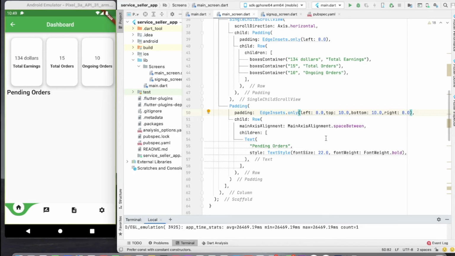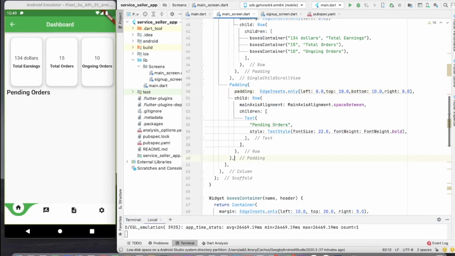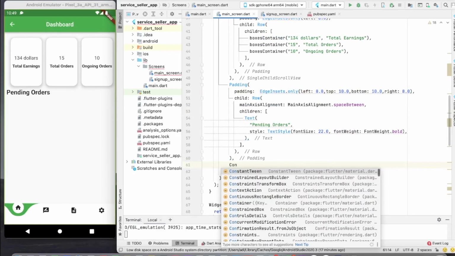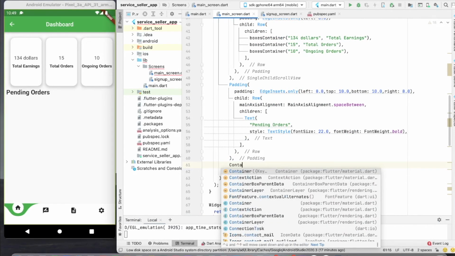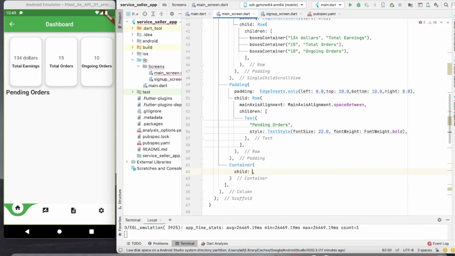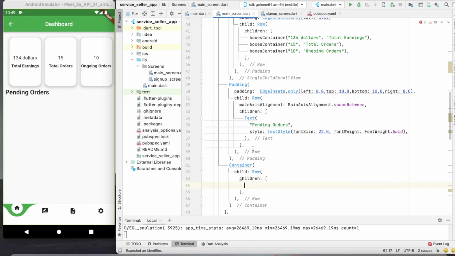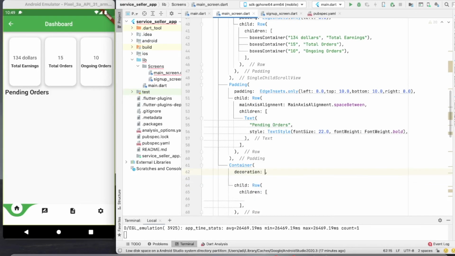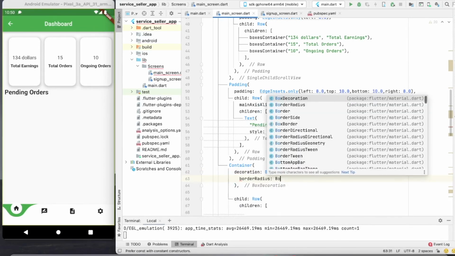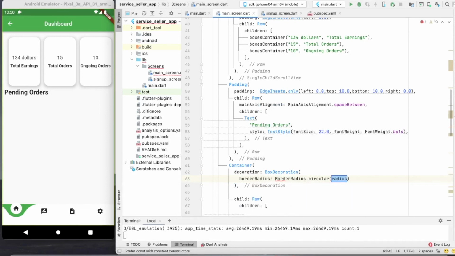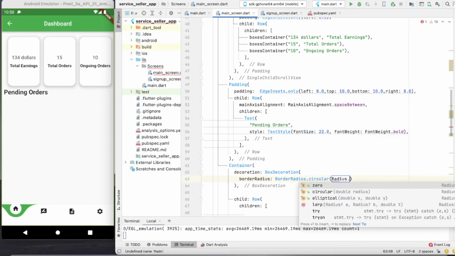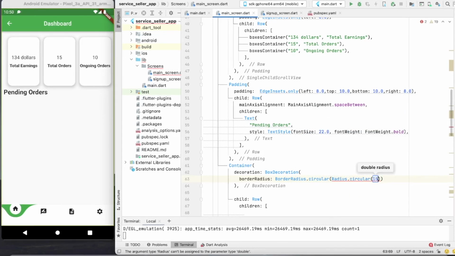Okay, so now I'm going to check another container. So here I'm going to take a container. So container child, leave the child as empty, take a row here, and draw children. Okay, so first decorate the container, decoration, box decoration, and take the border radius dot circular, radius dot circular, and give it a 15.0,